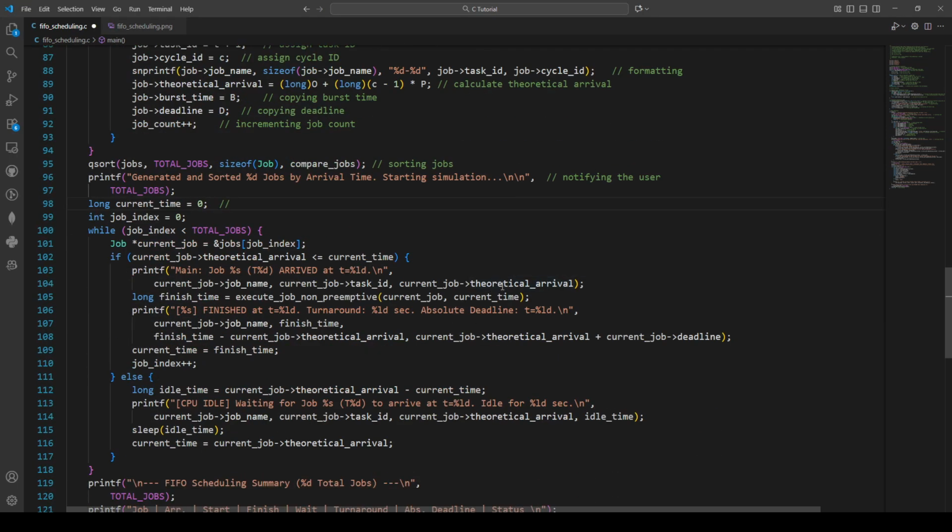So we can initialize the current time, obviously starting at 0, initializing the job index, obviously at 0, and then we're going to go through our jobs. So we're going to initialize the current job,